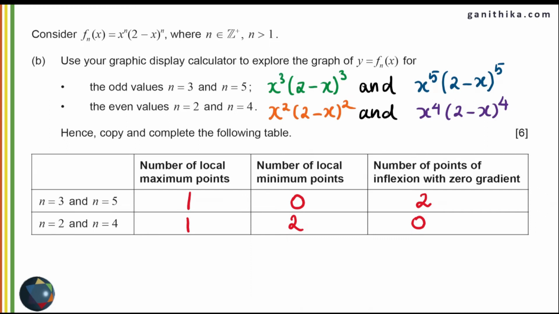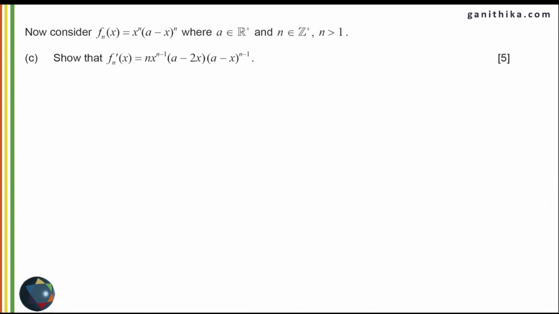It is for 6 marks and you would take 2 minutes to do this question if you had spent some time in the beginning to analyze the graphs for different values of n. So totally for question A and B you have 9 marks and you might have spent 4 to 5 minutes for this. You can save a lot of time in these two questions. So be careful and make a note of this on time management. So let's proceed further to the next question.